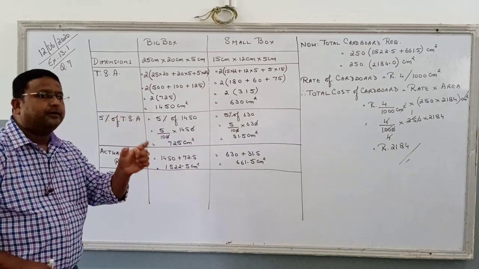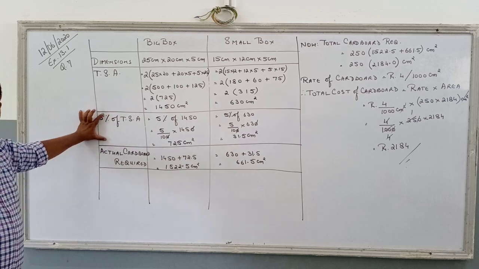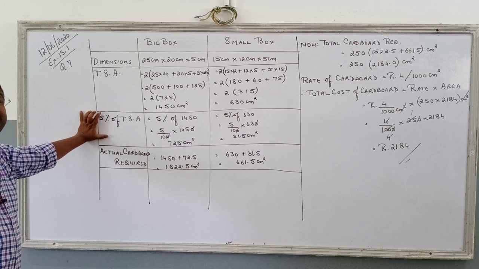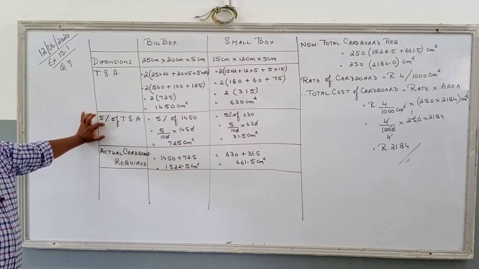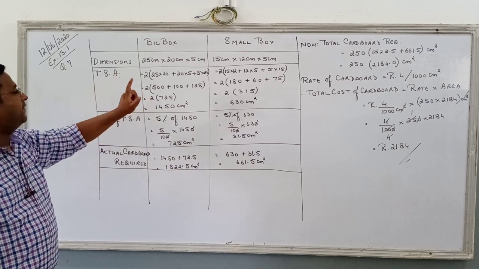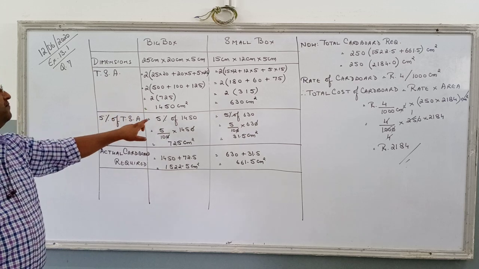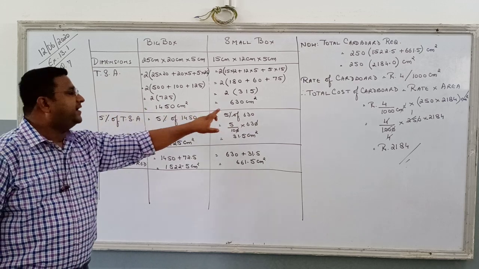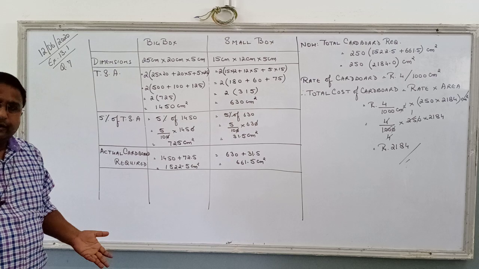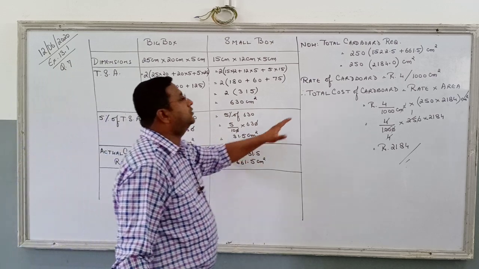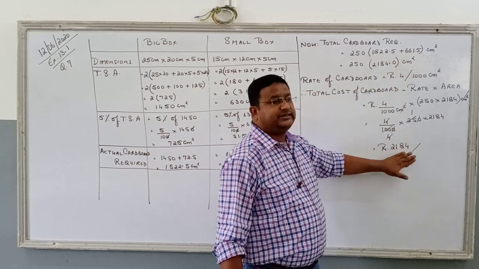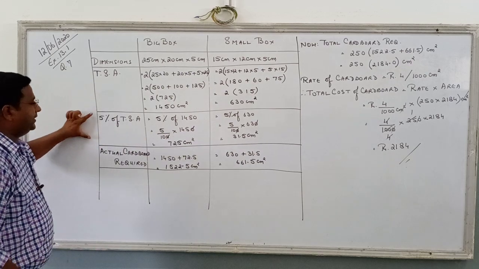The catch, the important part of this was this portion. This is the first time we are discussing that. In the next question also there is this portion, but there it is negligible. Here it is 5%. So what we had to do, we had to calculate the total surface area, and after calculating it, we find the 5% of that for bigger as well as for smaller. And then we add it to the total surface area of cardboard required. Definitely there is not one box, 250 boxes, so 250 multiplied by the total cardboard. I hope this portion we had done. This is the new portion in the question.